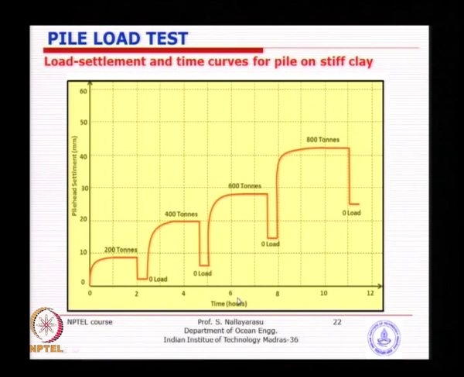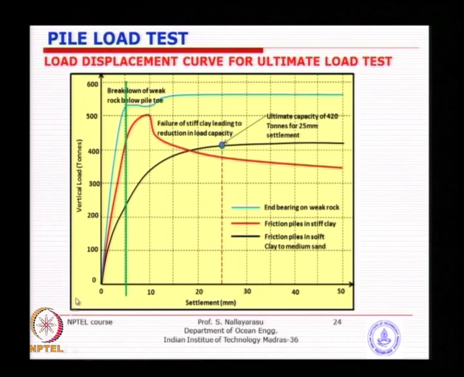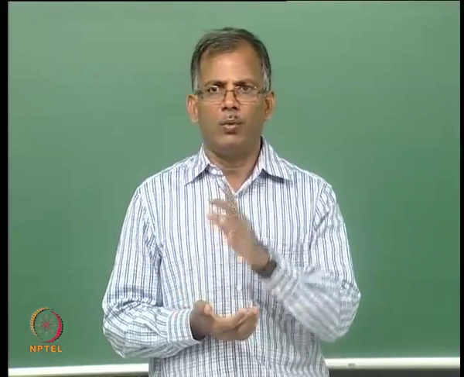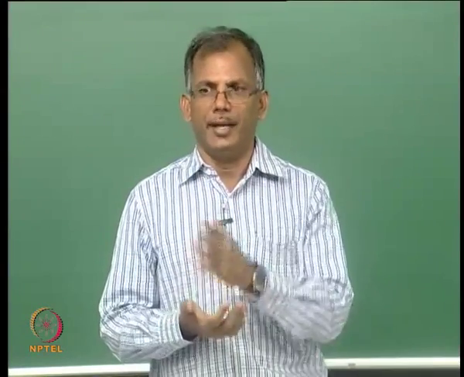Nowadays you can automate this kind of thing, so automatically you will get a time-bound graph. Then you can later take the displacements and come up with the displacement versus applied load graph, something like this, and basically you need to decide what capacity is to be taken as ultimate or working load, depending on what is the allowable or ultimate deflection that you want to permit. Remember when we were doing the TZ curve for clay and sand, we were talking about 0.1 inch for sand and then 1% for clay, something like this.